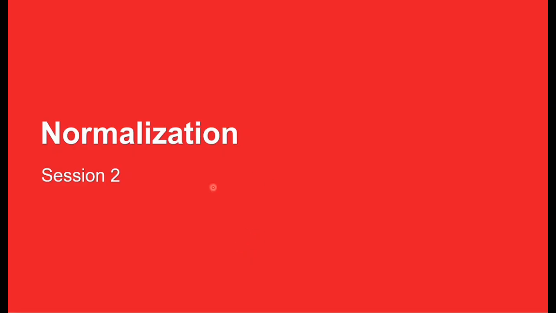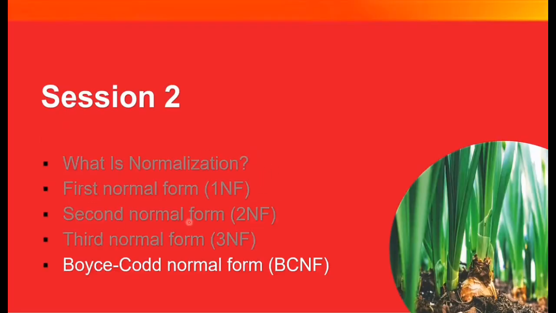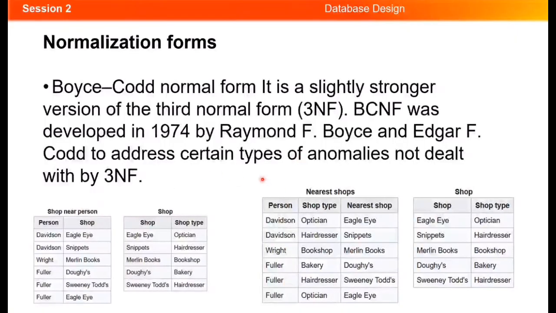We are still in session 2, normalization, and in this video we are going to discuss Boyce-Codd normal form. So Boyce-Codd normal form is a special type of third normal form that is slightly stronger than third normal form. Boyce-Codd normal form was developed by Raymond Boyce and Edgar Codd to address certain types of anomalies that are still present